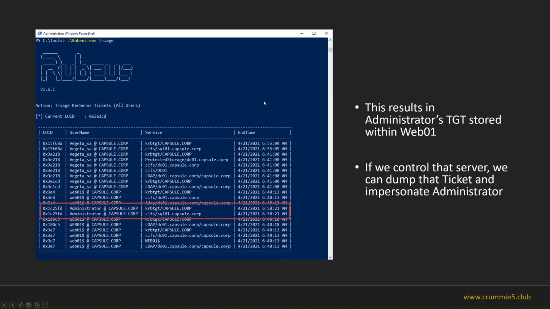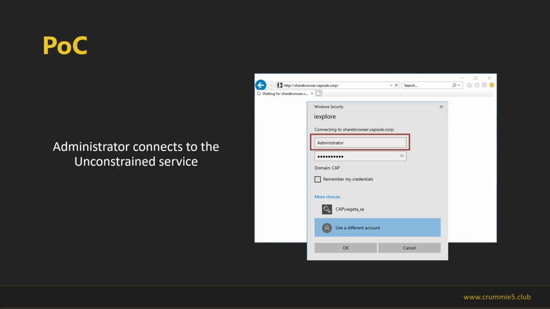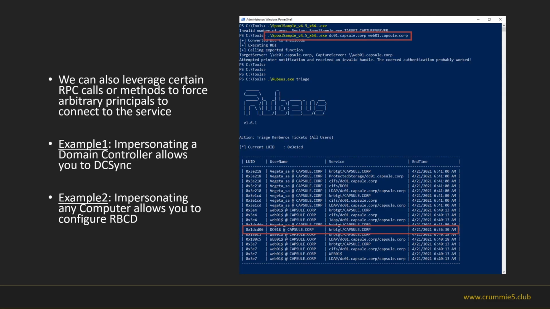Okay, but if we change that configuration, and instead of using the domain service account, we use the computer account, this is Web 01$, then all the services offered by Web 01 will be configured with unconstrained delegation. So in that case, we can use things like the spooler technique to force another host, for example, the domain controller, to connect to our Web 01 service.